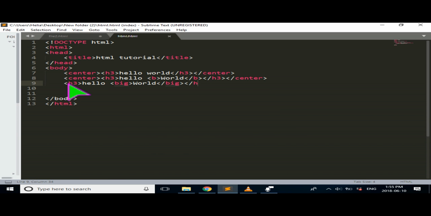So next thing that we're going to examine is our big tag. So our big tag, it's like our bold tag, but the difference is this is actually the bold that we are using in Word, but the big tag will make the world bigger than it would normally be in H3 file. So because we want to compare all three of these together, I'm just going to remove center from this one so we can see the difference between bold and bigger. Save it. And then when I run this again,